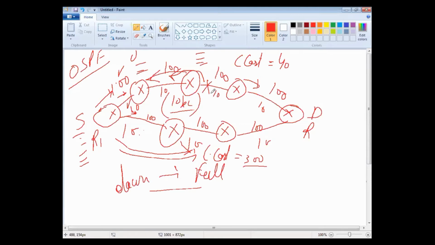But yes, if there is a change in the topology, only that information will be carried, not the whole topology table or subnet or routing information. So that is the basic difference. Only link state is carrying over this change. So that is OSPF, you can say. And OSPF uses a hierarchical network design.